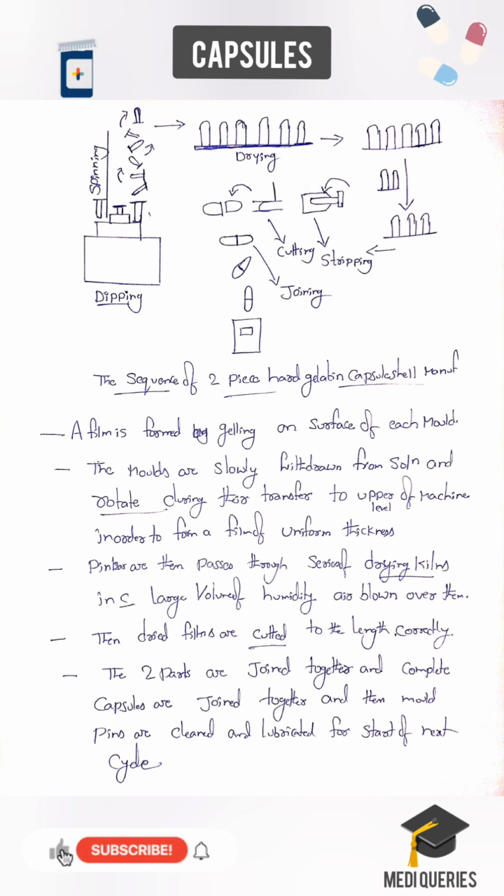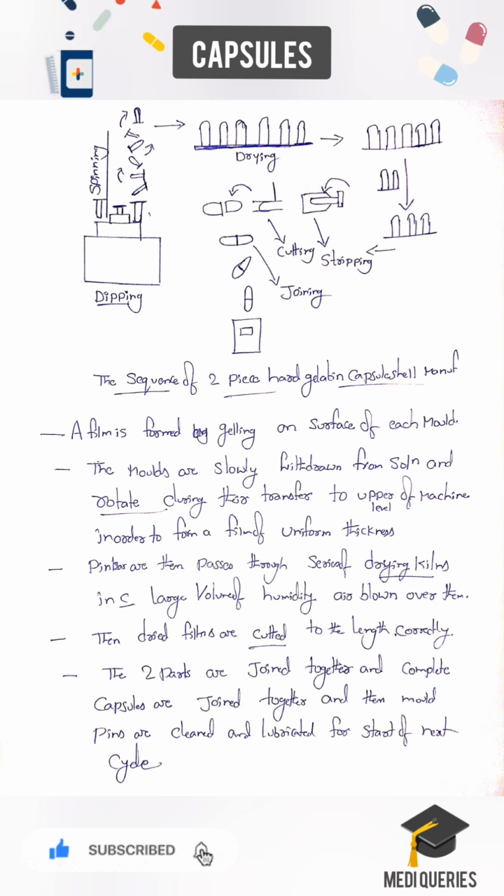A film is formed by gelling on the surface of each mold, and then these molds are slowly withdrawn from the solution and rotated during their transfer to the upper level of the machine in order to form a film of uniform thickness. So after that, the pins are then passed through a series of drying kilns